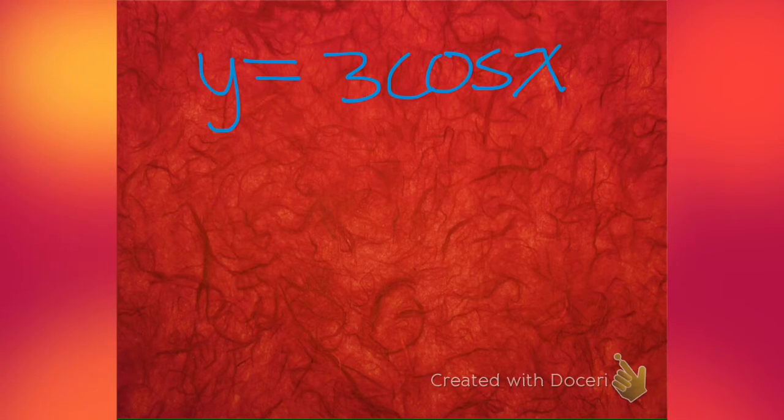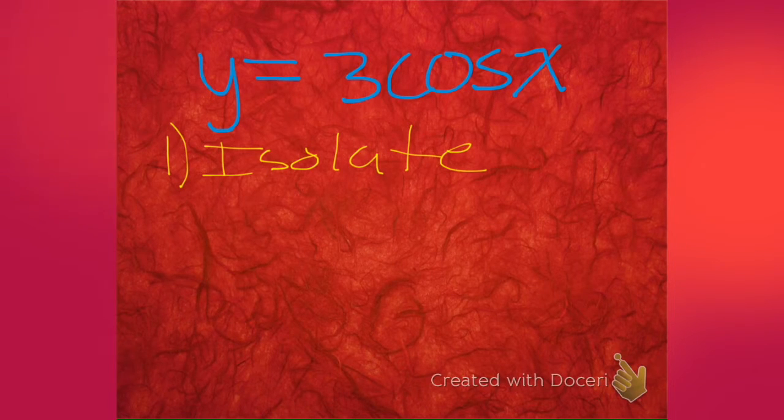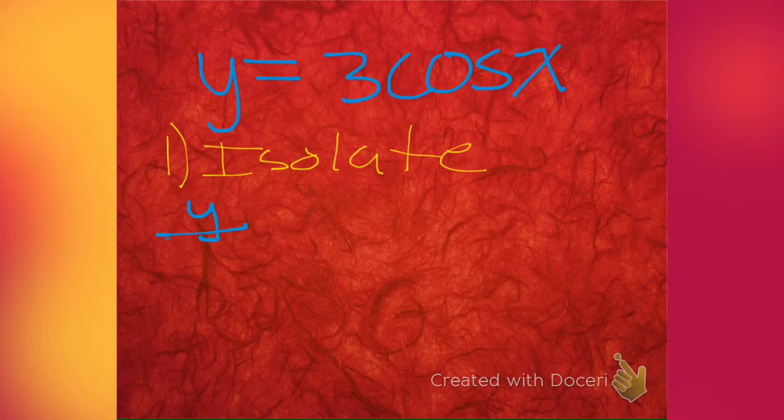Let's get to this one. Step 1, we need to isolate the trig function. Is it all by itself right now? No. What's going on there? It's multiplied by 3. So we've got to get rid of the multiply by 3. How do you get rid of multiply by 3? You divide both sides by 3. So now you have y divided by 3,